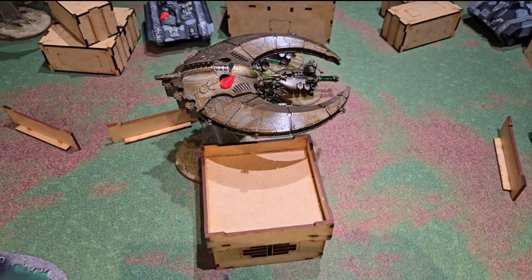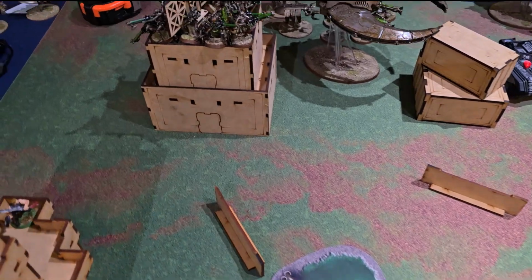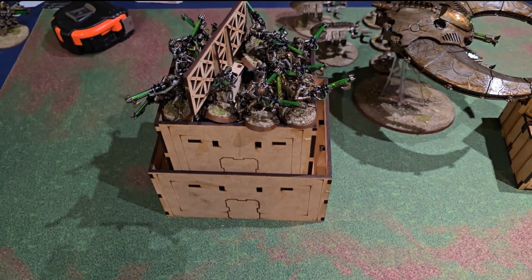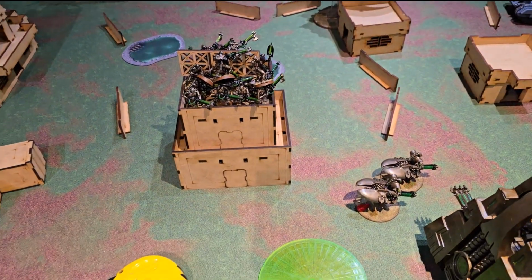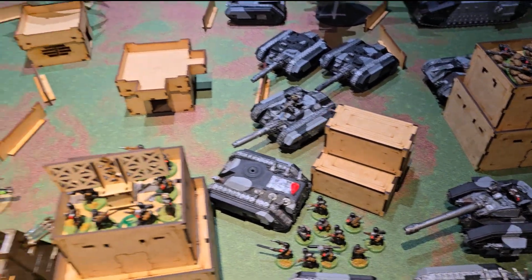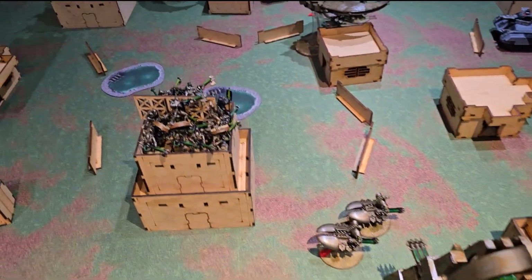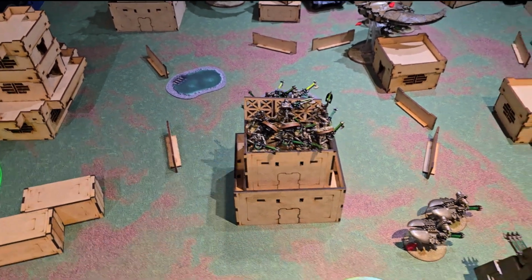The Avenger took 1 hull point off of this Night Scythe in the middle. And, oh, the Stormblade killed 3 Necrons up there in the building. So that is where things sit at. And the Imperial Guard scored another point for controlling Objective 6. So right now we're sitting with 6 points to 2 in favor of the Necrons as we go into Necron turn 3,